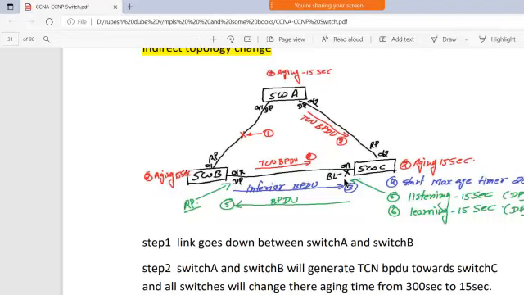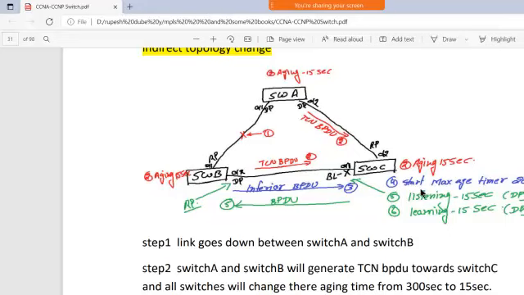So if that is the root port, the root port can only receive the BPDU message. It cannot generate the BPDU message. But if some data is necessary which is coming from the previous root bridge, then switch C has to send the data. That means this blocked port is going to be converted into a DP port, right?